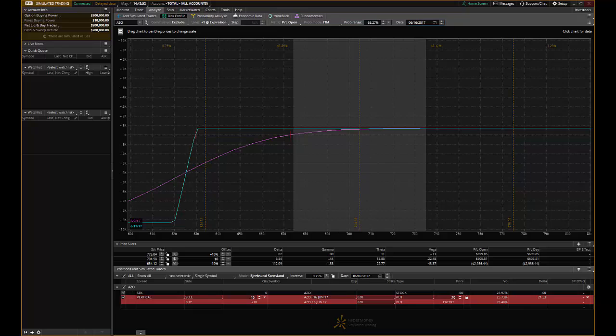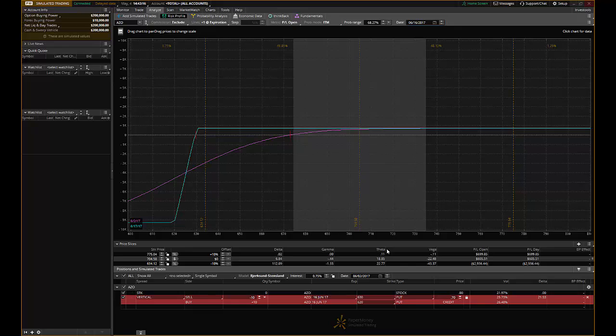that specific day. Now when we look at the graph, we'll see two different colors. We have this blue line, which you see right here, and then the pink line. Now the blue line is the more important line. This is going to be what my profit and loss is on expiration. The pink line is what my profit and loss is going to be on the particular parameters that I set